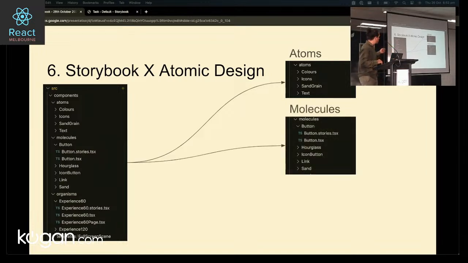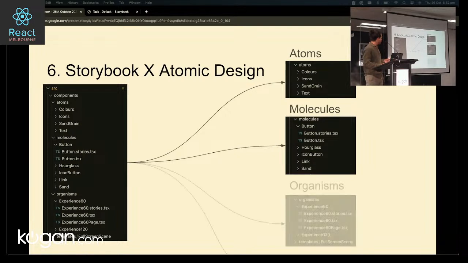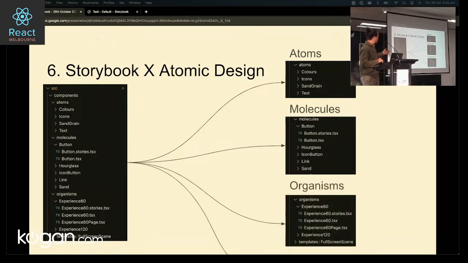Our molecules might involve our button, our hourglass, icon, button, link, or sand. And our organisms are what I'm calling experience 60. So this is just something I was working on the side that I thought I'd weave into this